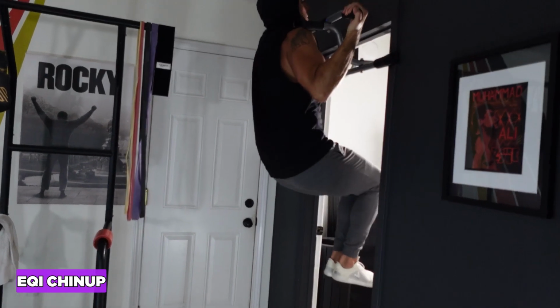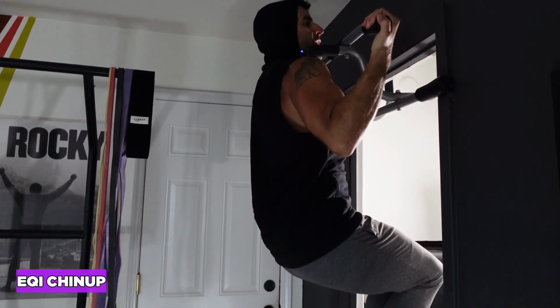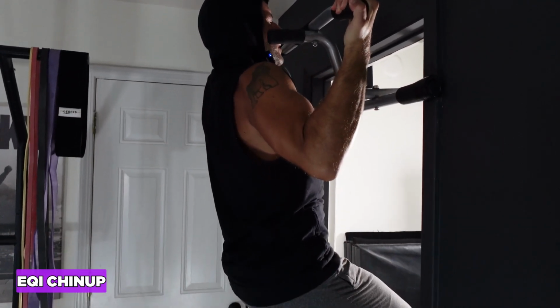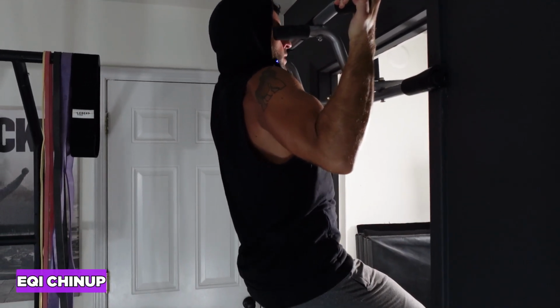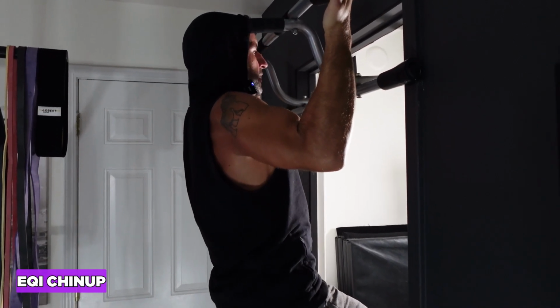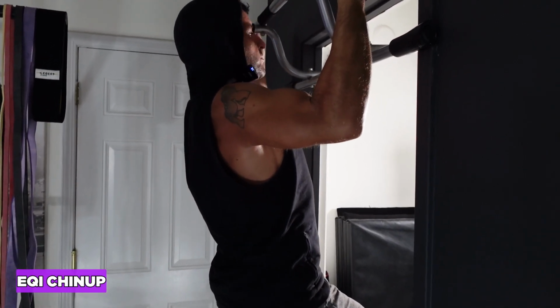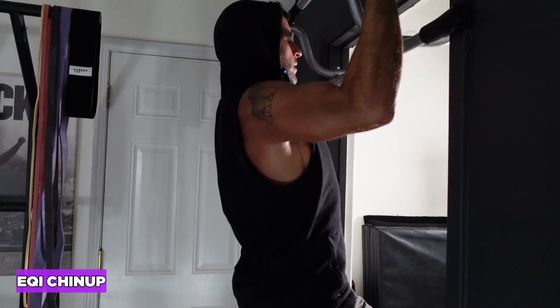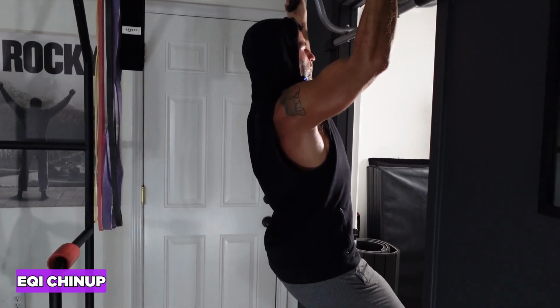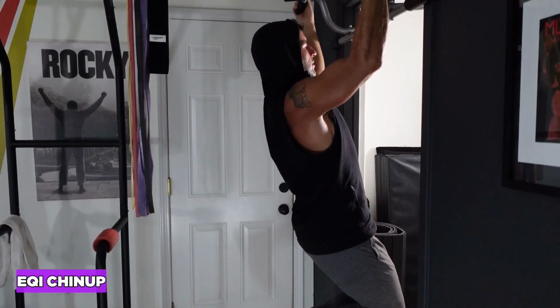I'll get up there, and then from here, it's gonna be just smooth inhales and exhales through the nose. So pause for about 5 seconds, lower a little bit, another 5. Lower a little bit, another 5. I'm not doing it real speed right now, but you're gonna feel I'm getting the full range of motion here maintained. All right, and the final 15 to 30 seconds, this actually is harder than it looks, where you have